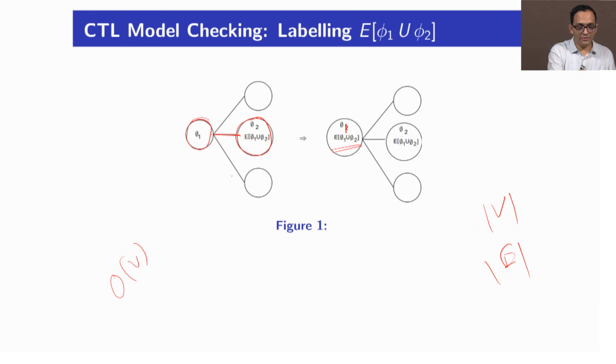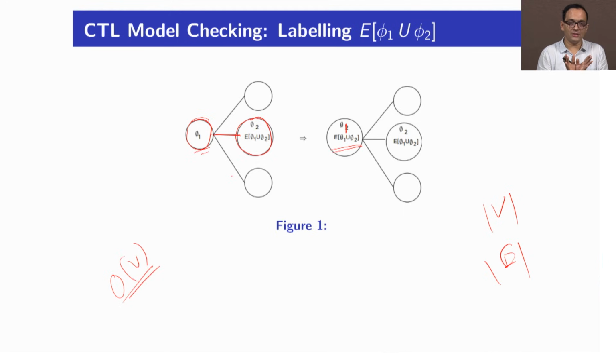If I try to do it in a forward manner, I will identify all the states where phi 1 holds, then go to all successors and check whether any of them satisfies E phi 1 until phi 2. If so, I mark the state with E phi 1 until phi 2. Then what will happen in this forward manner? I will identify all the phi 1 nodes in order of V,